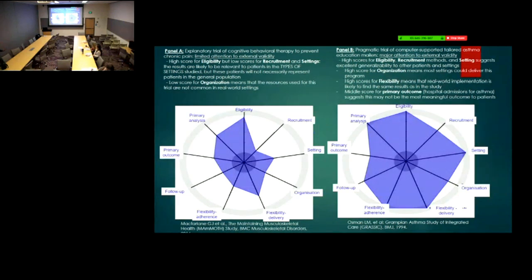This is a great tool if you think you're ready for more of a D&I type of study. So you can go on the website. They have lots of examples. You can kind of score yourself because you're like, what's a 1 versus a 2, whatever. The idea is, does it look a little bit more like that or does it look a little bit more like that? That's the big picture. Because if you're trying to study the real world, you've got to throw the constraints off.